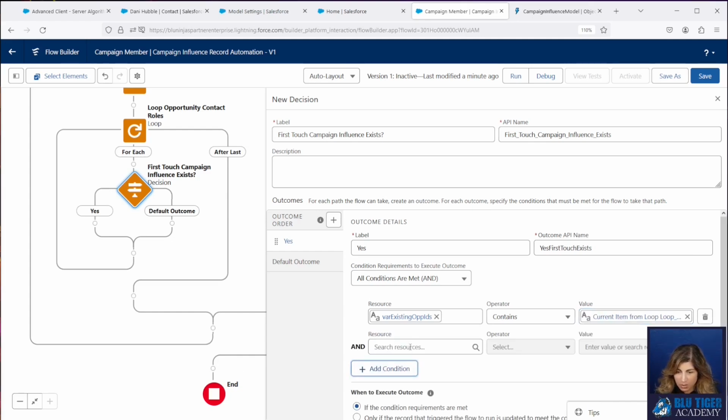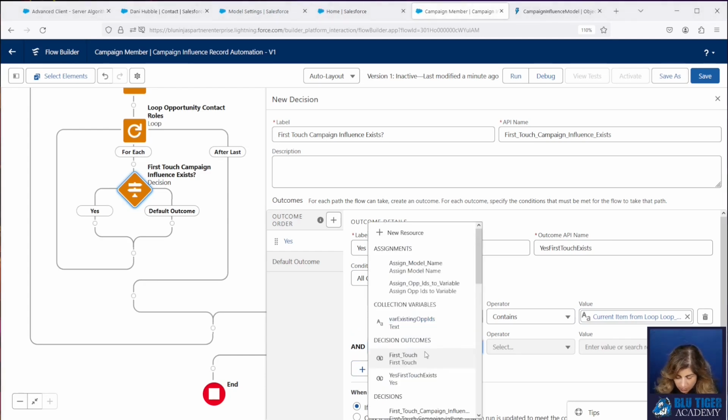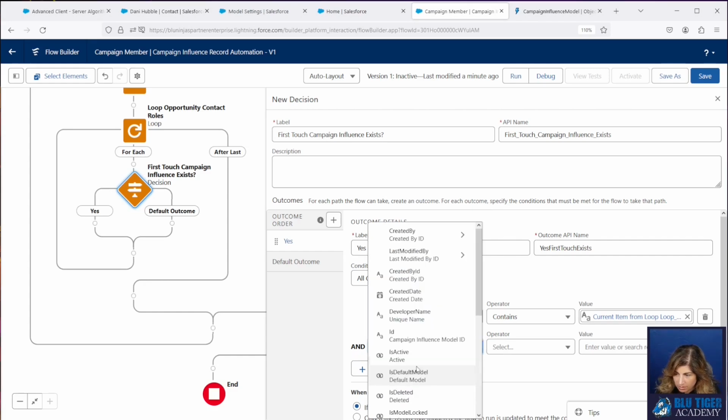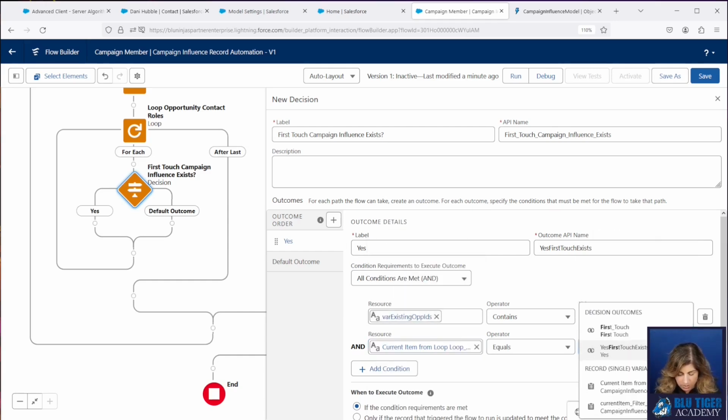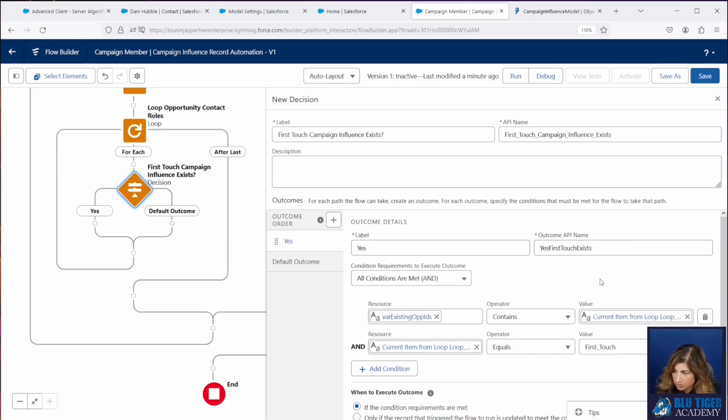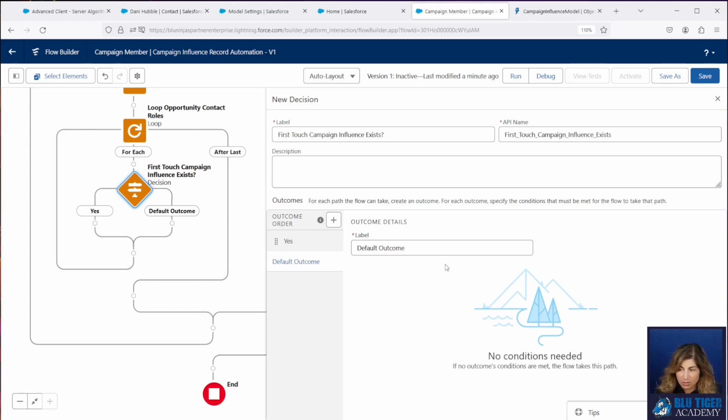And then we also want to check that the campaign influence model, the current item in that, the label name, or we'll use the developer name actually here, first touch. Okay, so this will make sure that it's going to check to see if the opportunity already has a campaign influence record for first touch, and that the current loop, the model that we're working with, is coming from the first touch model.